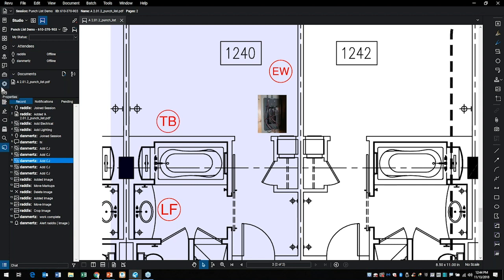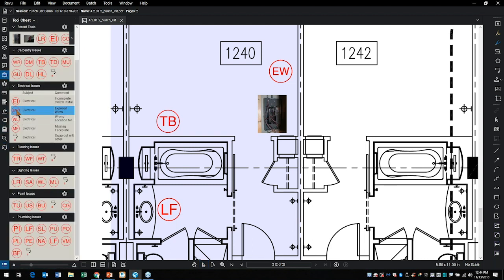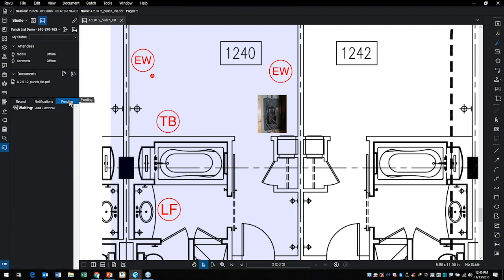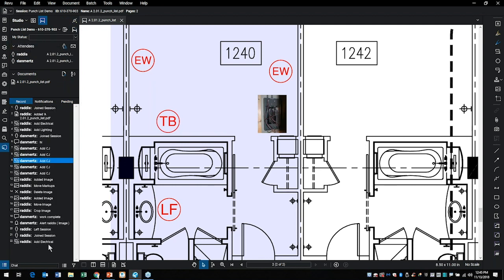I'm out in the field with my iPad or my tablet. I come down to my tools. I go ahead and pick another tool, make a placement. You'll notice when I come back here to sessions, under pending, that's going to be waiting. As soon as I come back up here and click to reconnect, that goes away, and that record was now